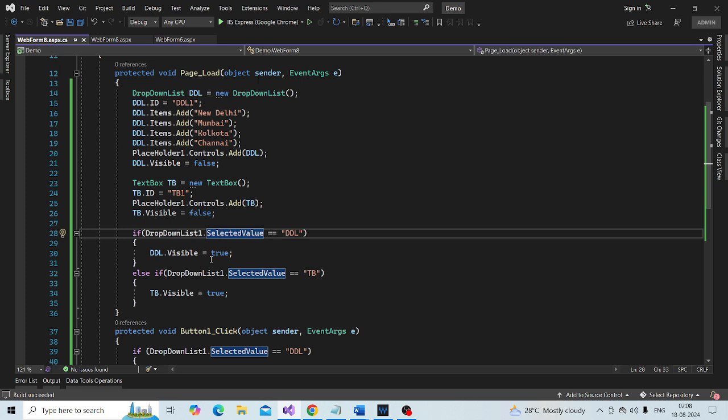For those respective controls. But then in reality, in some of your projects, if you don't have it, here for the drop down list 1, the view state is preserved automatically for us, because this control is present at the design time, so its view state is maintained for us across the web form,